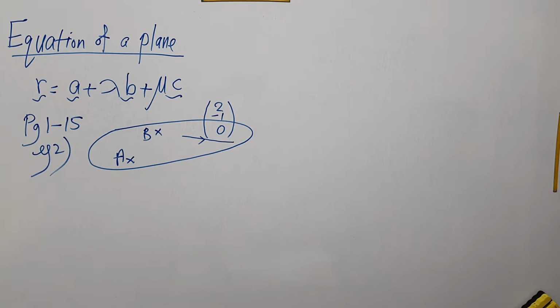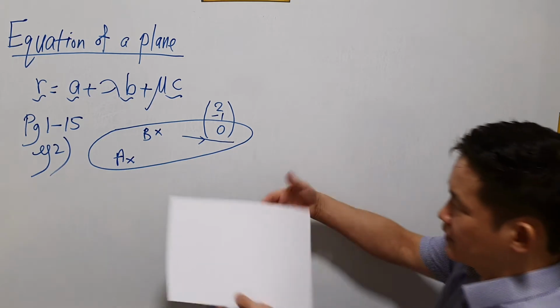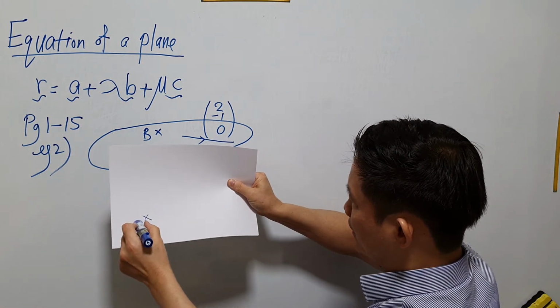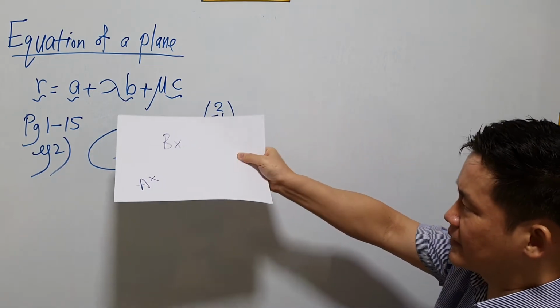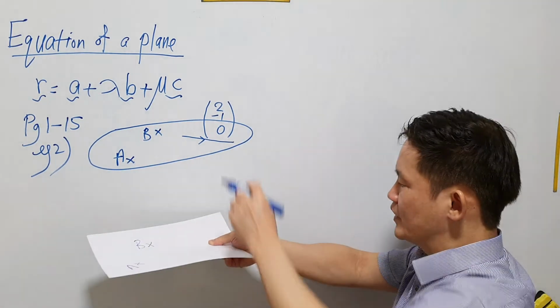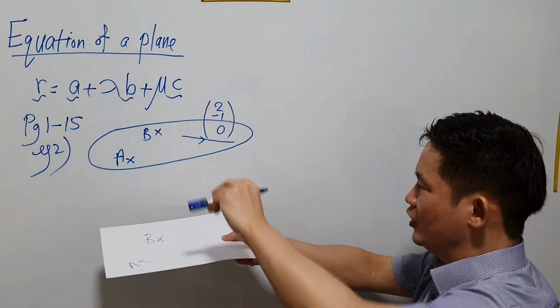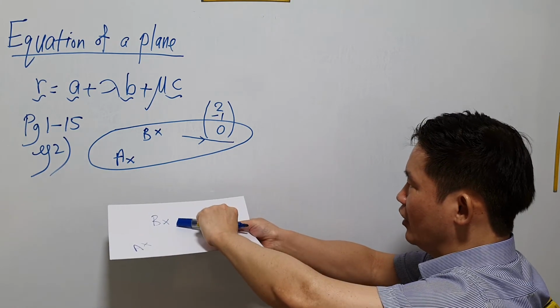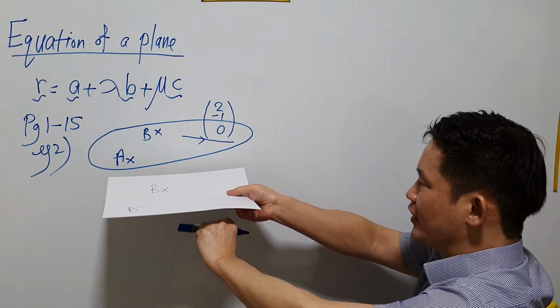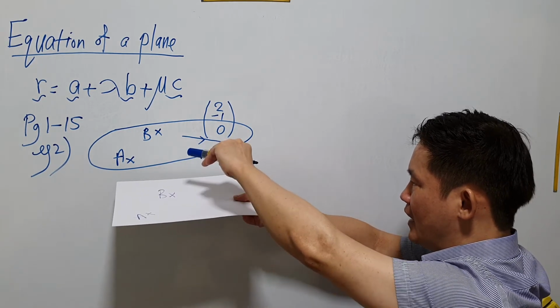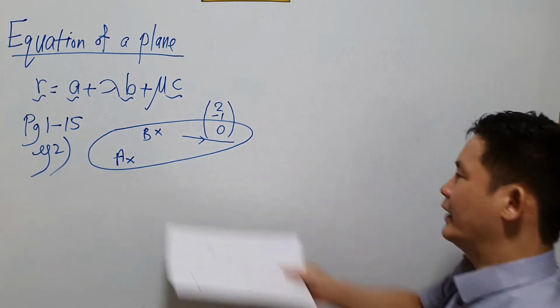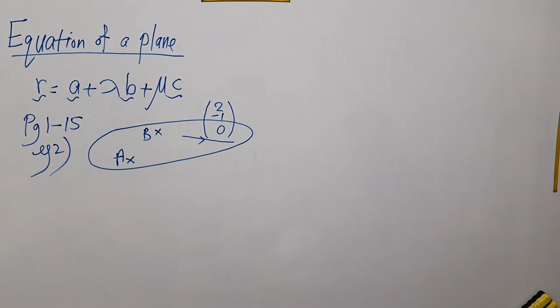So maybe you can draw a diagram like this. You've got points A and B, and this is the plane. And then this vector 2, minus 1, 0 is parallel to the plane. It could be like this, or it could be lying on the plane, or it could be below the plane. It really doesn't matter. Parallel to the plane does not mean that it must be lying on the plane. It could be above or even below. So the scenario given to us is that of a plane pi2,